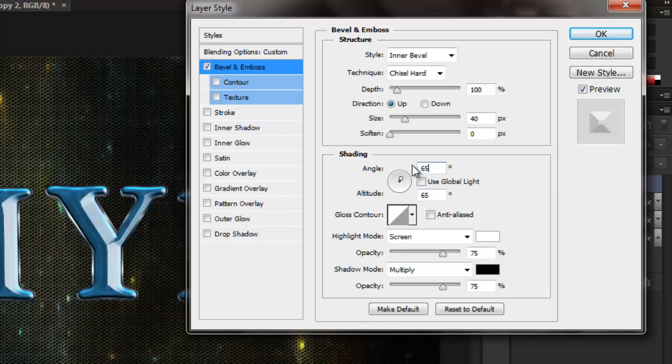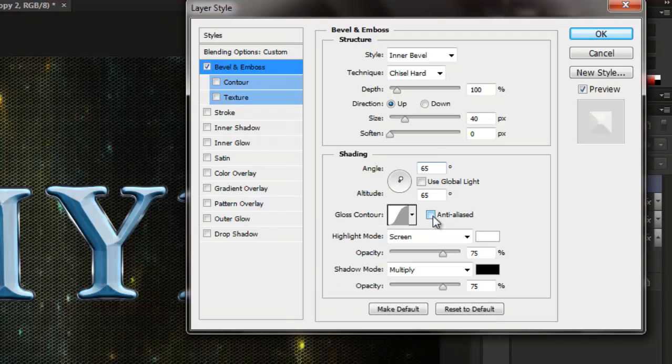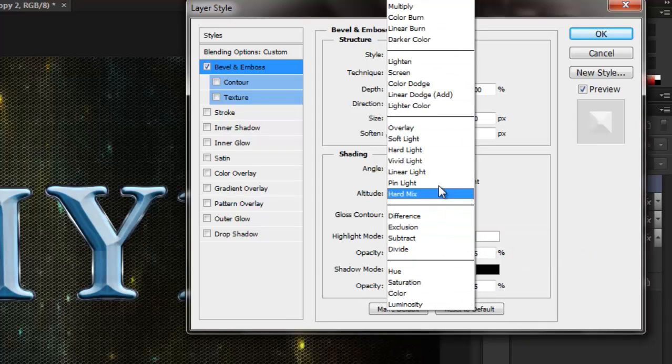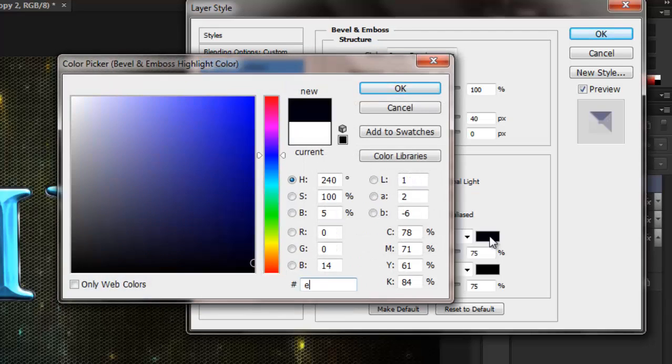Sorry, that hasn't been done here. We have unchecked the global light. Set the gloss contour to the one named Gaussian, and select anti-aliased. Set the highlight mode to vivid light with color of